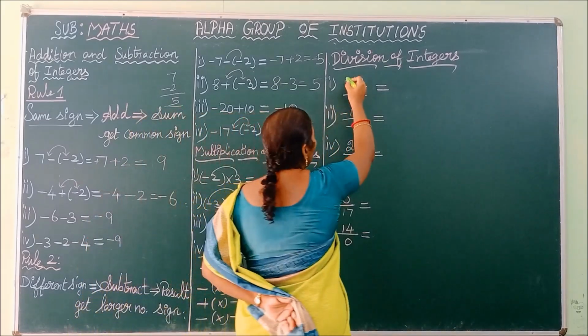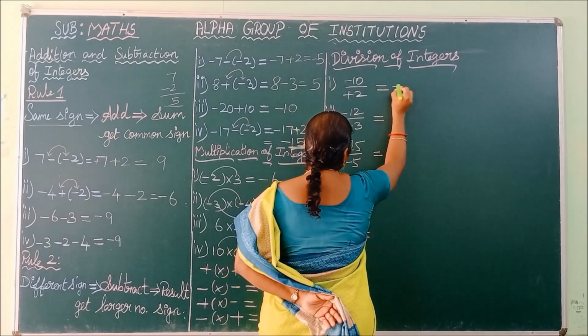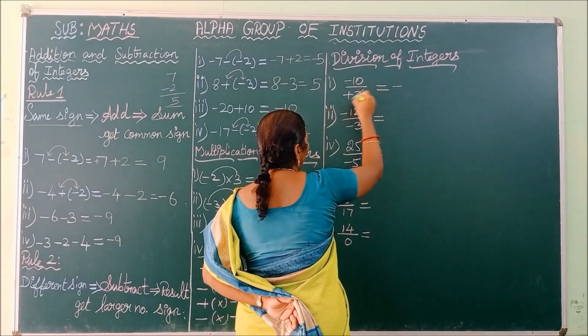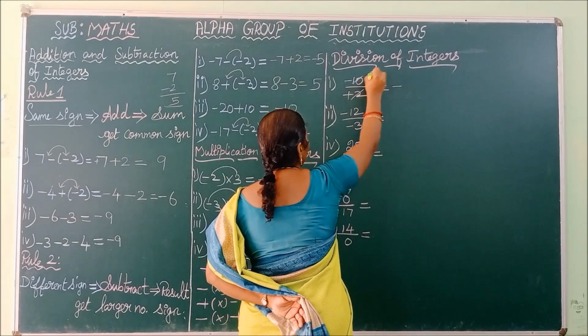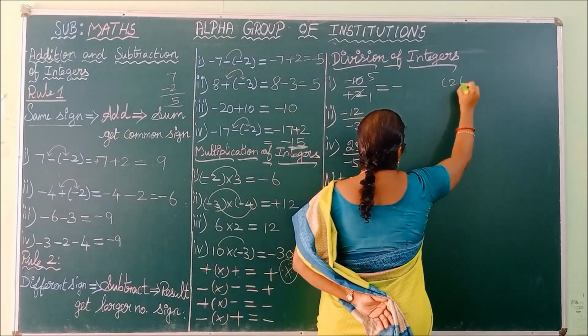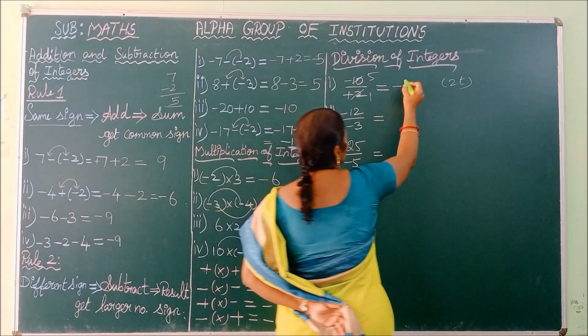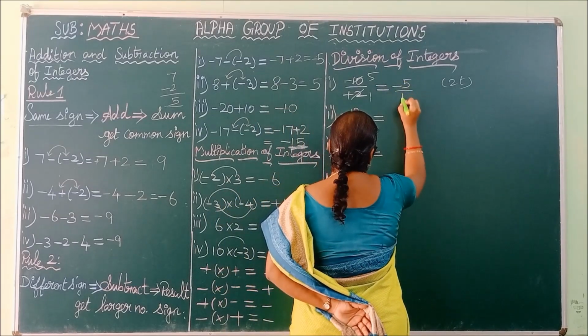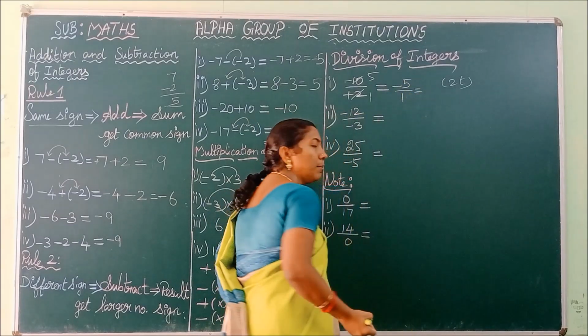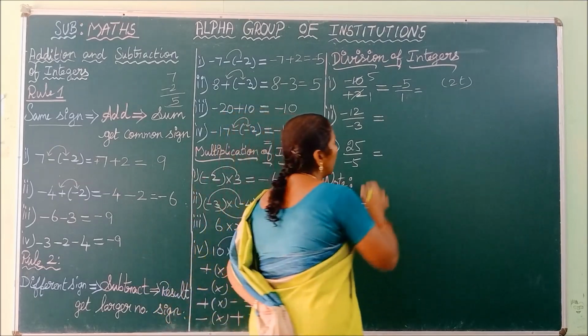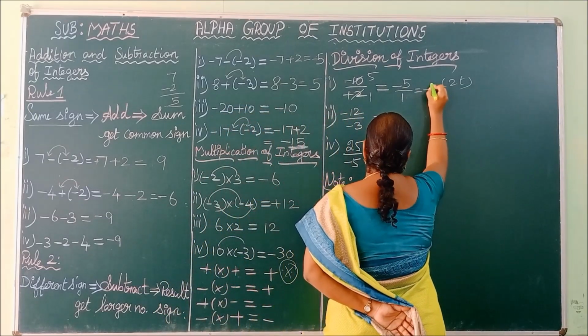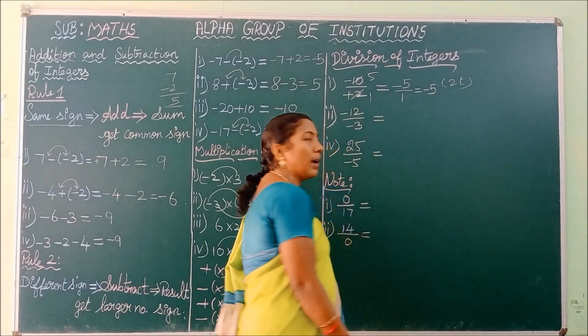So see here, minus by plus, our answer is minus. And then you have to cancel one time. Here 5 times. Here we are using the 2 table. So 1 2 is 2, 5 2s are 10. So our answer is minus 5 by 1. The denominator having 1 means we can drop that denominator and write the numerator alone. So our answer is minus 5.